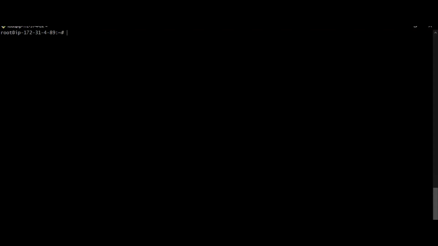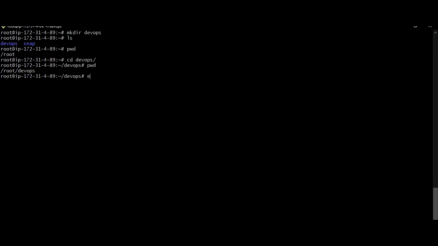And the next command is make directory, mkdir. By using this make directory command, we can create folders or directories. We can call them folders or directories. So I'm going to create the DevOps directory. Yes. If you see here, I have a DevOps directory in my root directory. Now I want to check into that DevOps directory. By using the cd command I can easily shift into the DevOps directory. Now I'm in the /root/DevOps directory.